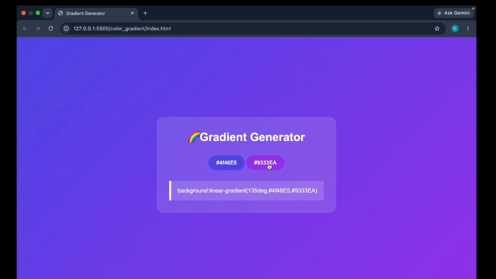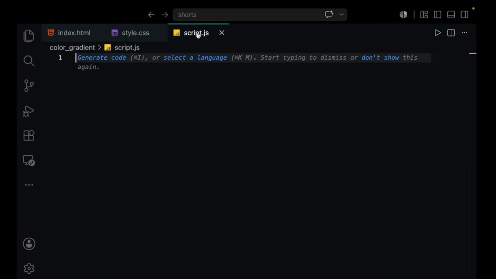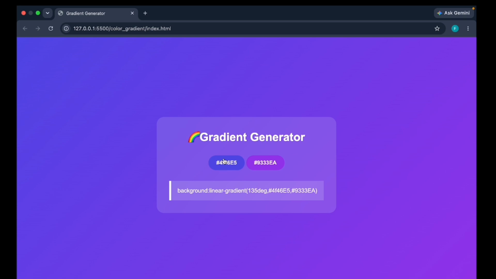So now here you can see that our project has a modern UI. We have this button, we have this heading, and we have this block where we're going to get the display of our generated color code. And now here comes the interesting part, that is our JavaScript. So our goal is very simple: whenever the user clicks on the button, we have to generate a random hex color. And also one more thing is that we need to update the button text and page gradient simultaneously.